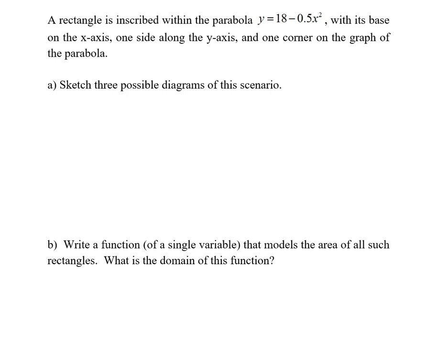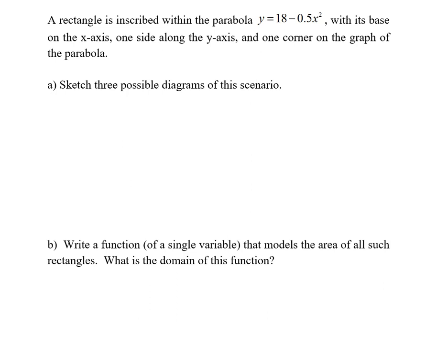A rectangle is inscribed within the parabola y equals 18 minus 0.5x squared, with its base on the x-axis, one side along the y-axis, and one corner on the graph of the parabola. We're going to begin by sketching three possible